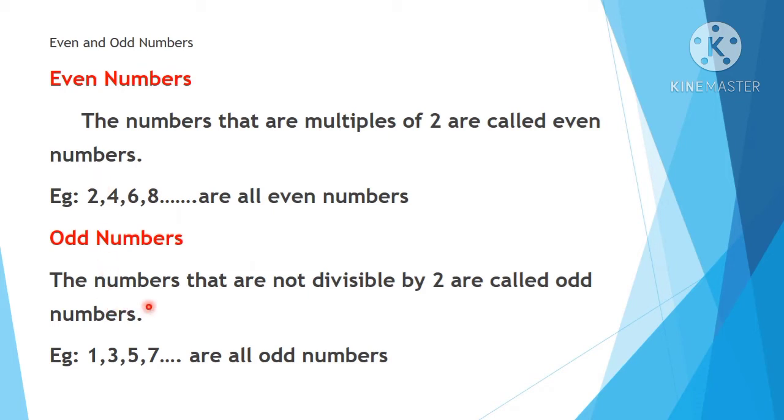Okay. So in this topic, what are the things you are learning? Prime numbers, composite numbers, even numbers, odd numbers. Prime numbers will have only two factors. Composite numbers will have more than 2 factors, and even numbers means what, children? The number which is divisible by 2 is known as even numbers, and the numbers which are not divisible by 2 are known as odd numbers. Now is it clear, children? Is the definition part clear? Let's see the problems.